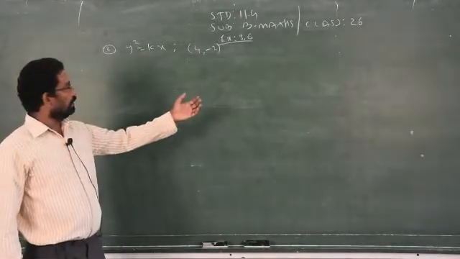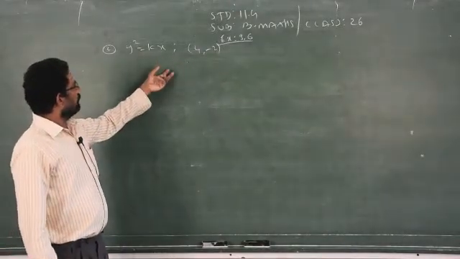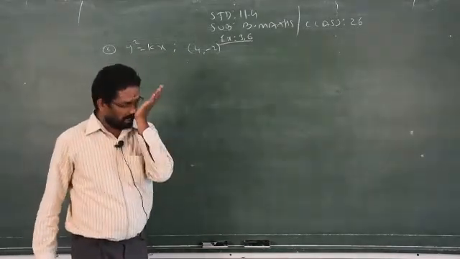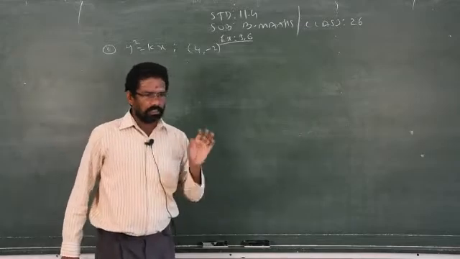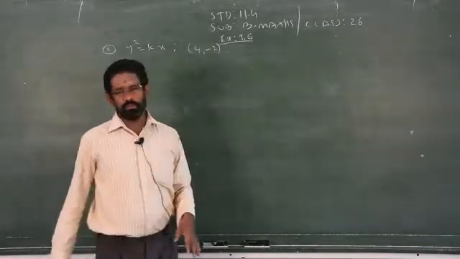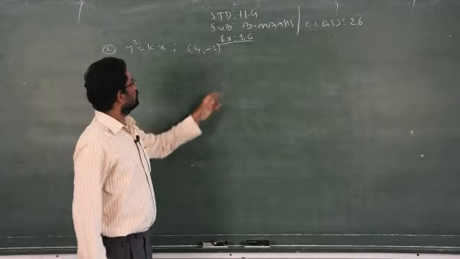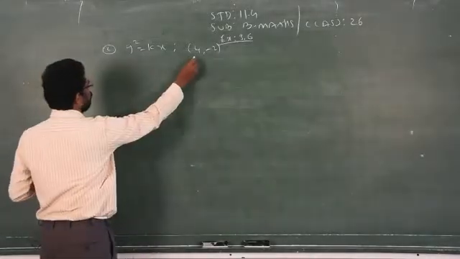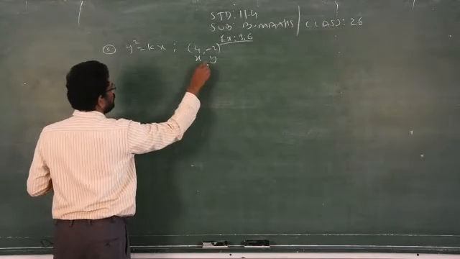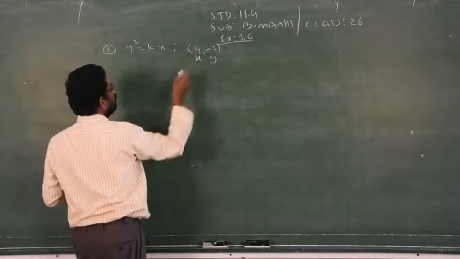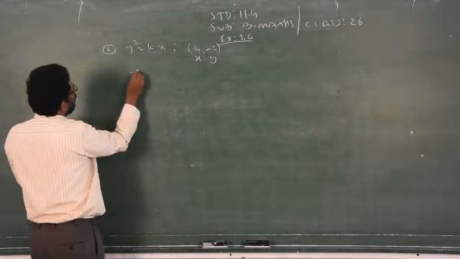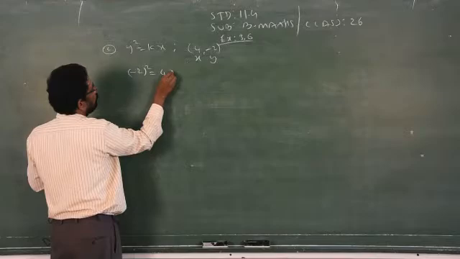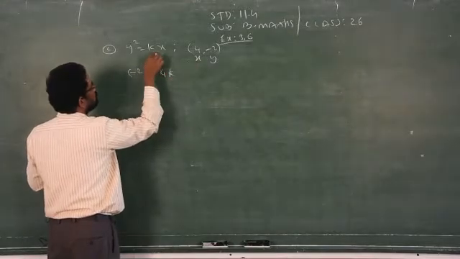So you know already how to verify whether this point falls on the particular curve or straight line that you learned in the lower classes. When the equation is satisfied by the given point, we may say that 4 comma minus 2 lies on the curve or straight line. Based on the concept, now I am replacing x and y by the given values 4 and minus 2 respectively. So minus 2, the whole square is equal to 4k, because x is replaced by 4.